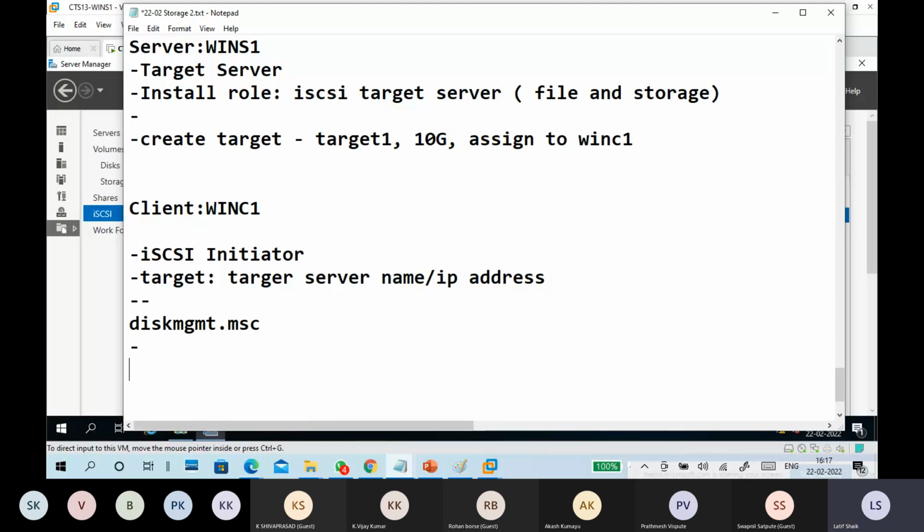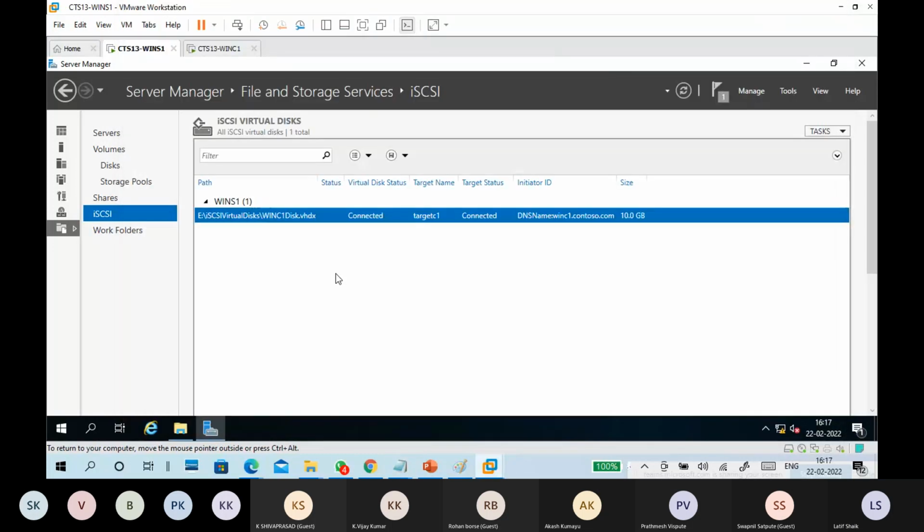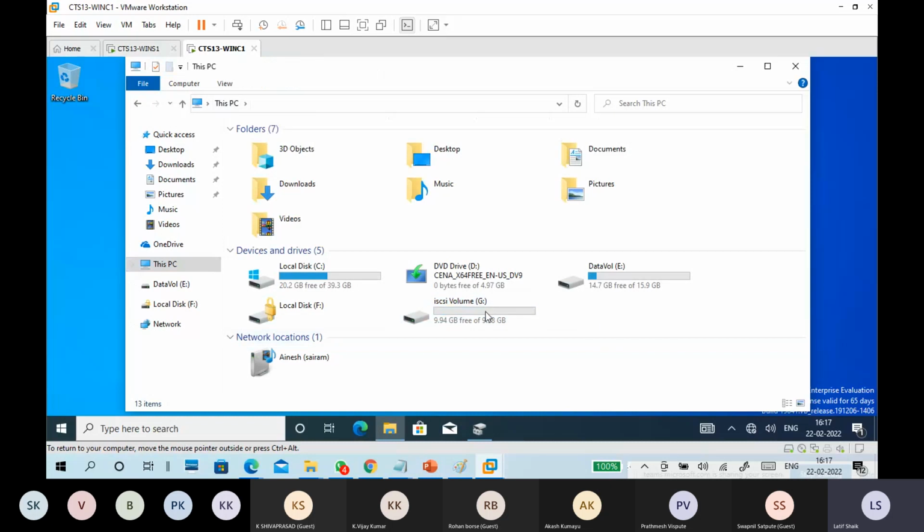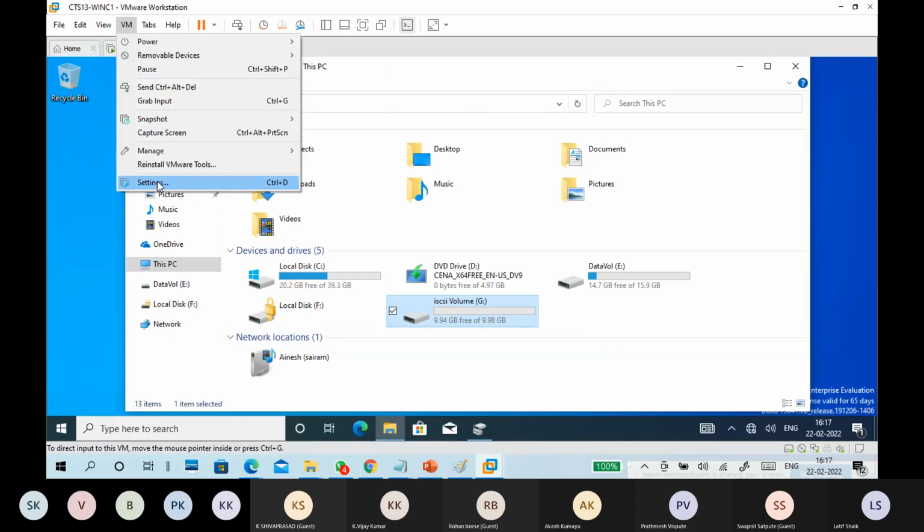Okay, I have to do the remaining things. Okay, showing connected. So this is the iSCSI target. It is mounted finally. So I will show you once again.